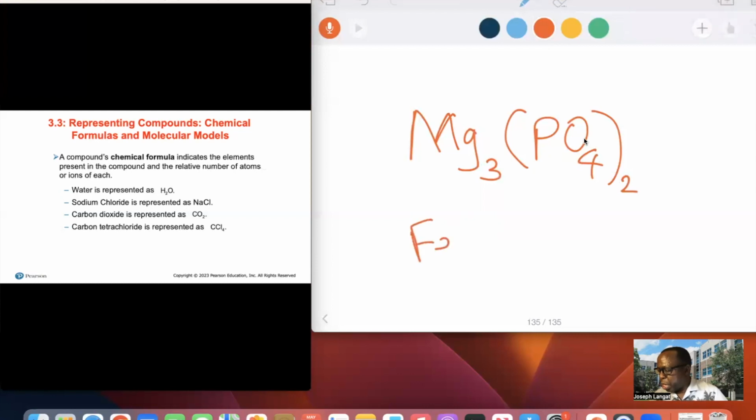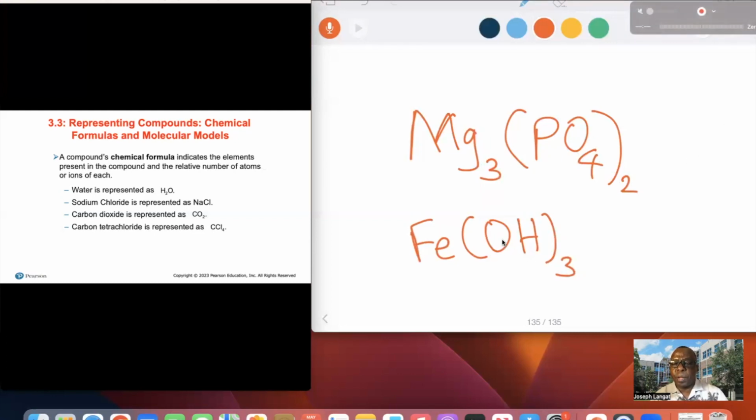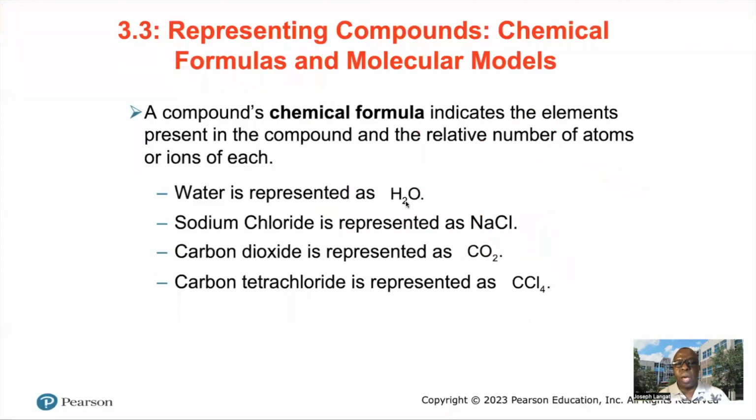I can have iron(III) hydroxide. For example, this is iron(III) hydroxide. Just the way we did this, you have 3 oxygen and 3 hydrogens and only 1 iron. These are chemical formulas. And here is H2O, which indicates that we have 2 hydrogens and 1 oxygen, or sodium chloride. Sodium is 1 and chlorine is 1. Carbon dioxide, we have 1 carbon, 2 oxygen, and so forth. So you should be able to